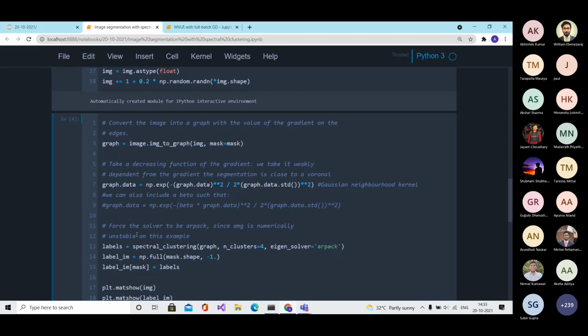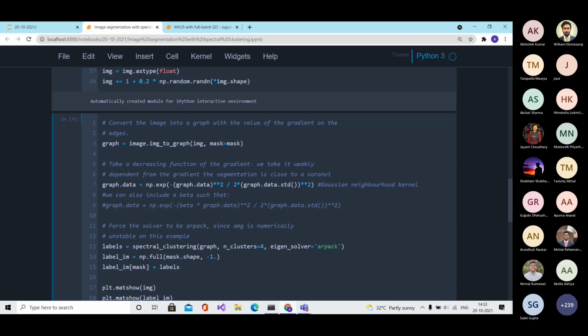This is measuring the similarity between the pixel values. So this is a Gaussian kernel. As you can see from the expression, we have e to the power minus some numerator divided by the standard deviation, and the entire term is being squared.